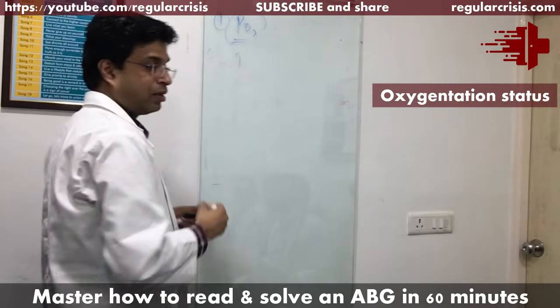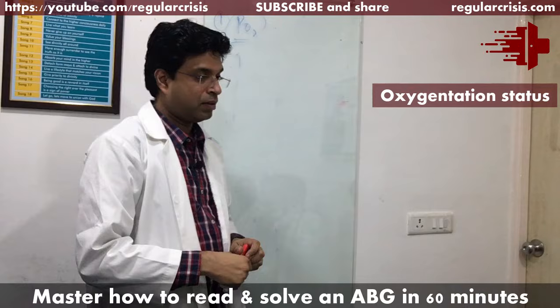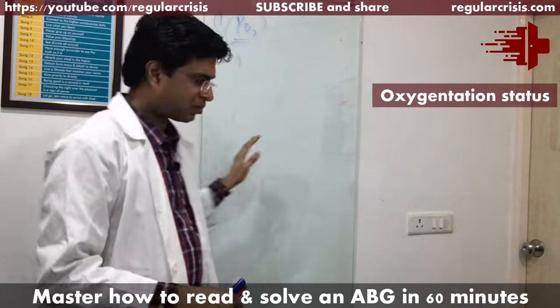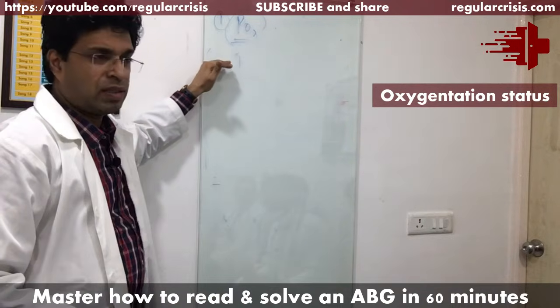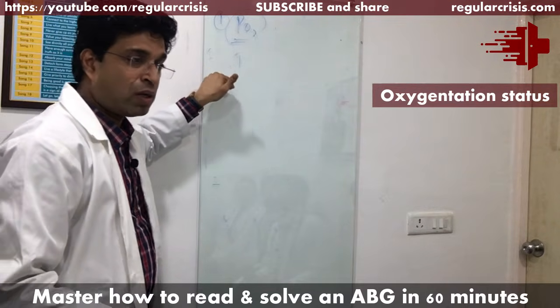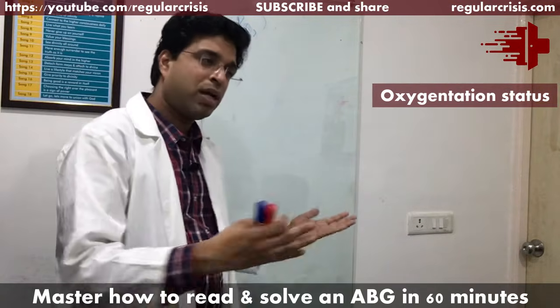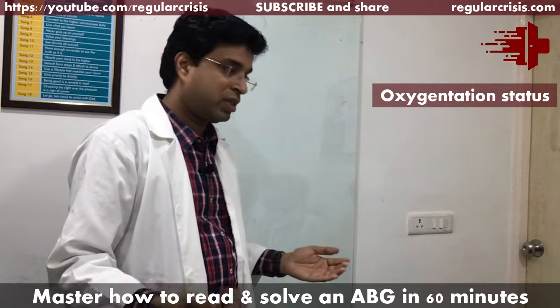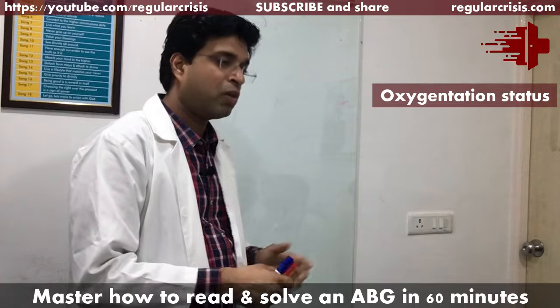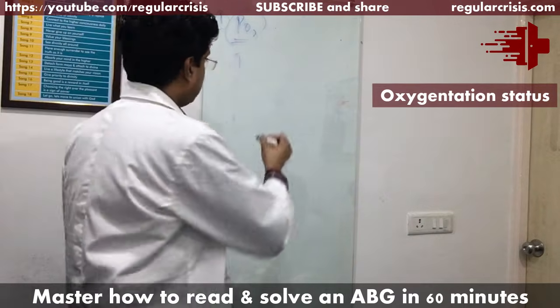Sir, I have a question. Sir, you mentioned the PF ratio. How do we correlate that? Okay. In routine practice, if you are very busy and not able to calculate the alveolar arterial gradient on a regular basis, suppose the ICU is very busy and patients are very sick, then what you can do is calculate the PF ratio.